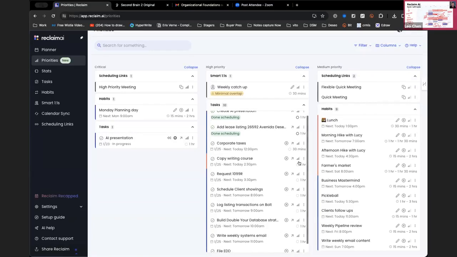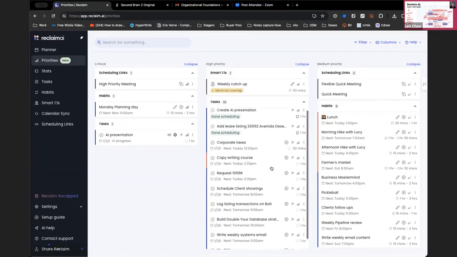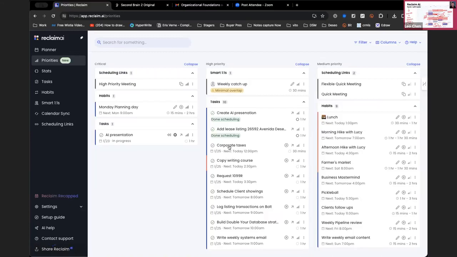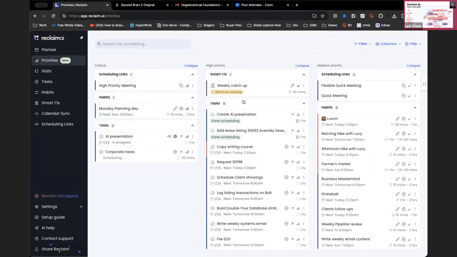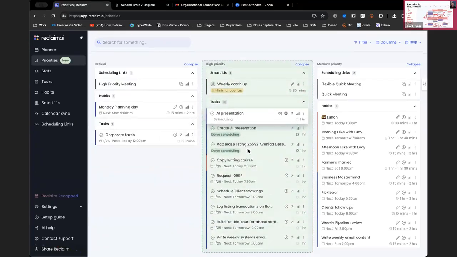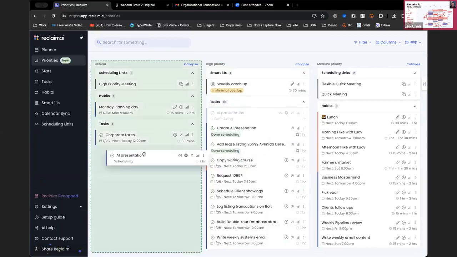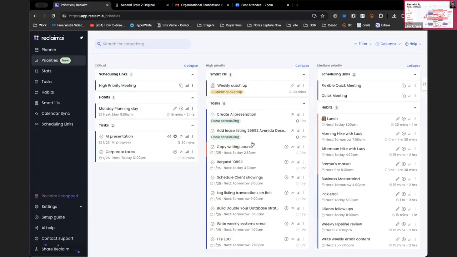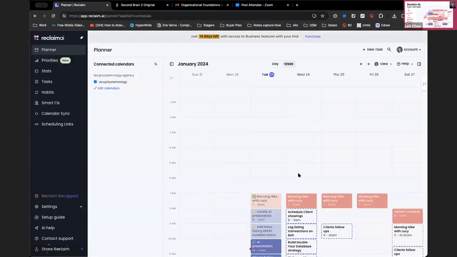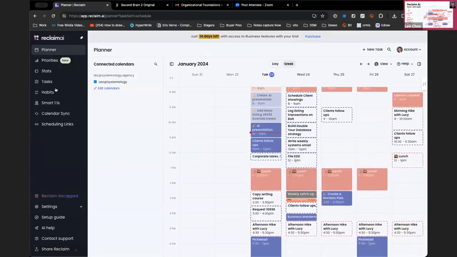And you can also have, of course, other types of tasks, lower priority tasks. But what I want to show you is I put all of my tasks here so that I can say, hey, this is corporate taxes. This is super important, I've got to do that. This is going to be upgraded to a critical task. So now I can move and organize what is priority and what's not based on this screen. All I have to do is grab it and move it where I want it to go. And based on this, the system will prioritize what's most important and will be able to manage this for you, the ones that are kind of flexible.